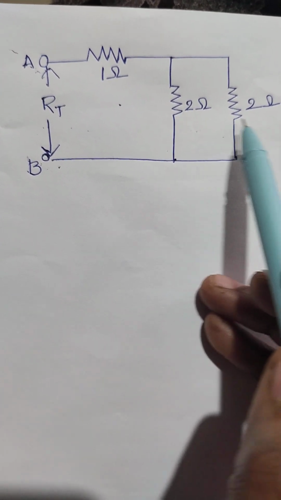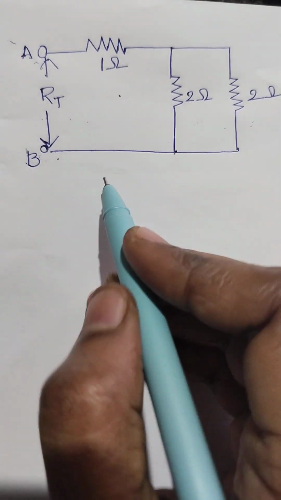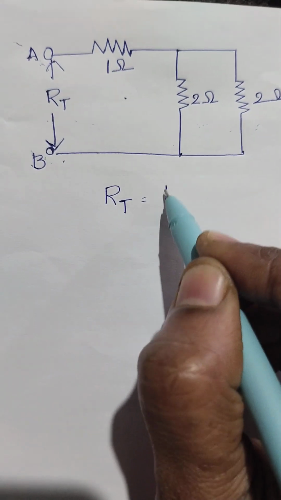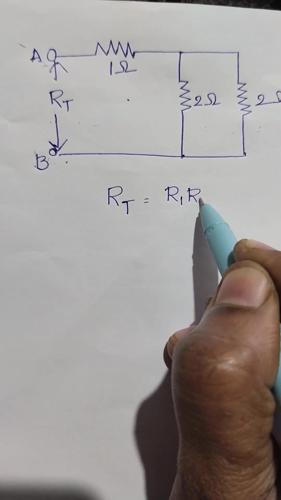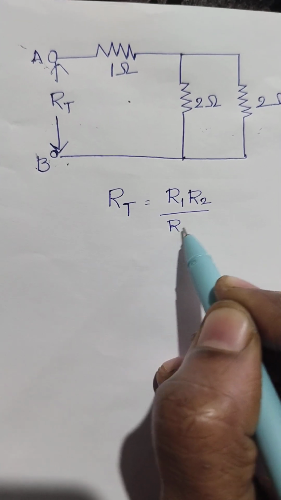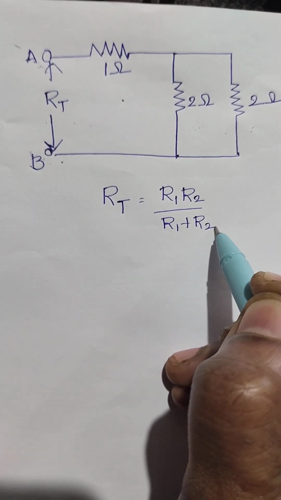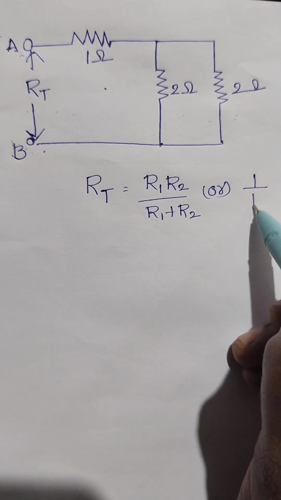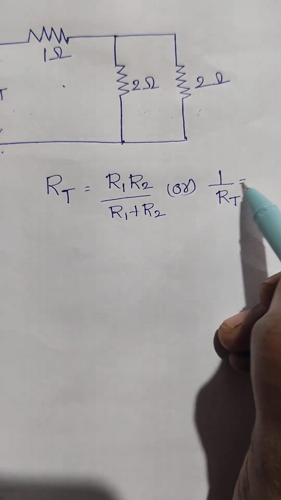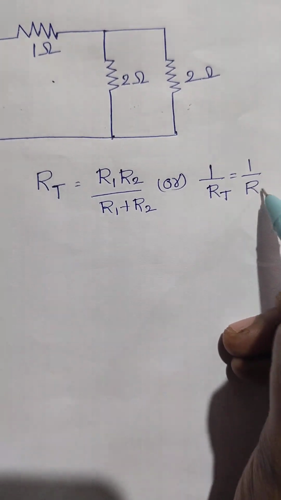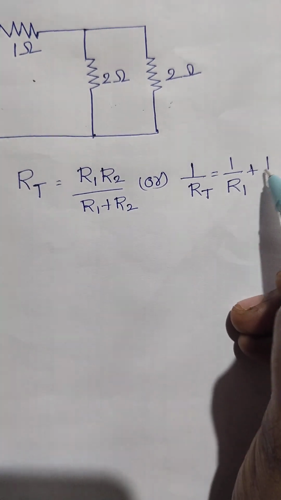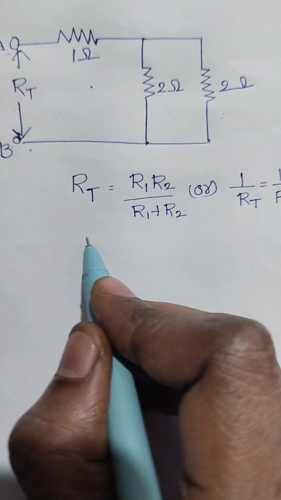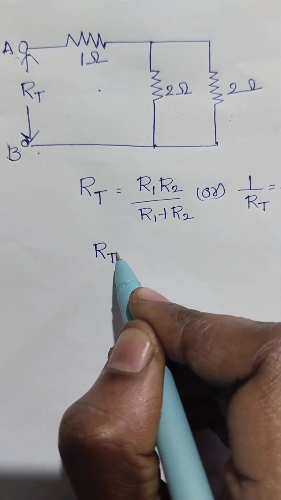When two resistors are in parallel, we apply the formula R total equals R1 R2 by R1 plus R2, or 1 by R total equals 1 by R1 plus 1 by R2. So R total equals